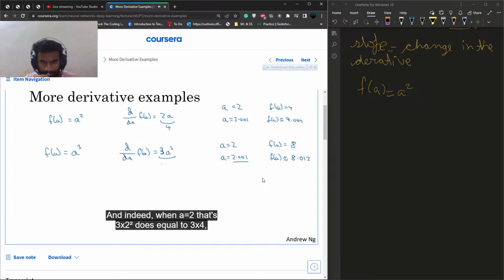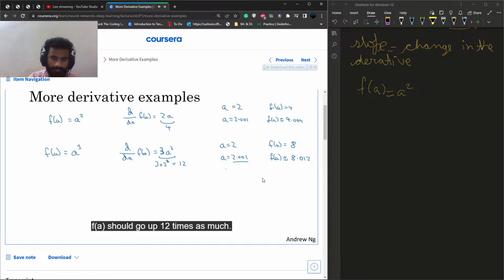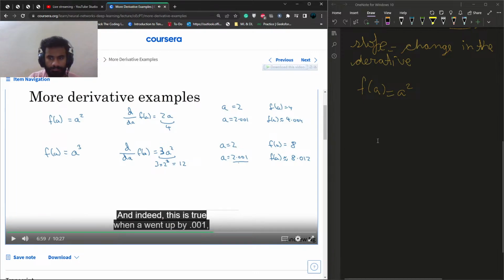And indeed, when a is equal to 2, that's 3 times 2 squared. That's equal to 3 times 4, which is equal to 12. So the derivative formula predicts that if you nudge a to the right by a tiny little bit, f of a should go up 12 times as much. And indeed, this is